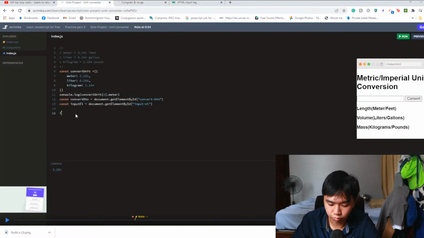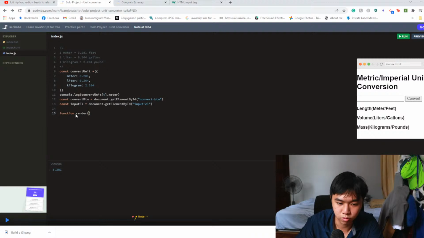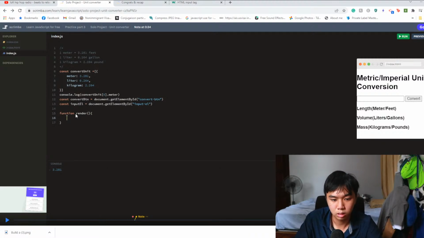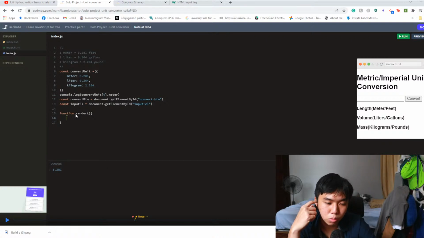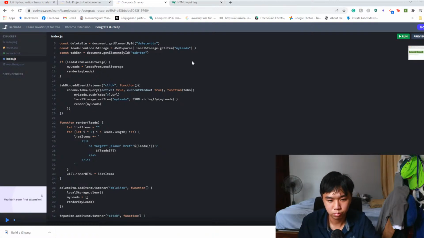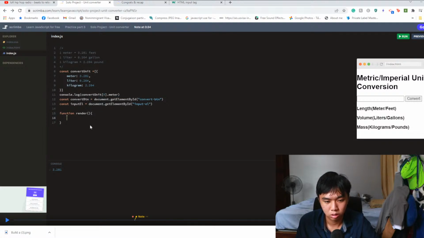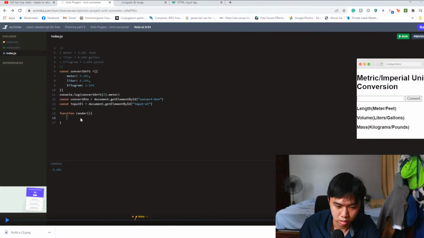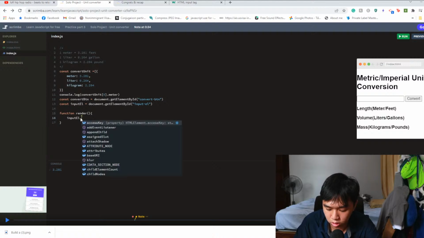Right, we do a function called renders which is going to do the conversion for us. It's going to be running through a loop. But I wanted to listen to the value that I type in right here in the input L. How do I do that? Input L value needs to look like input L value dot value,